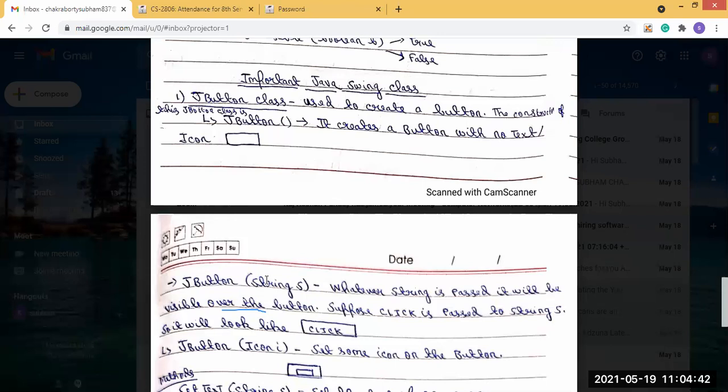And for JButton with an icon, as a parameter we are sending an Icon class object. That is, it will set some icon on the button.